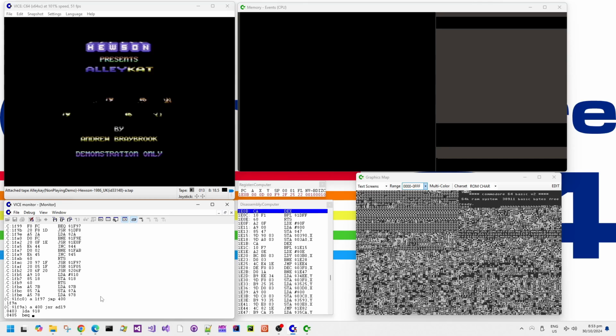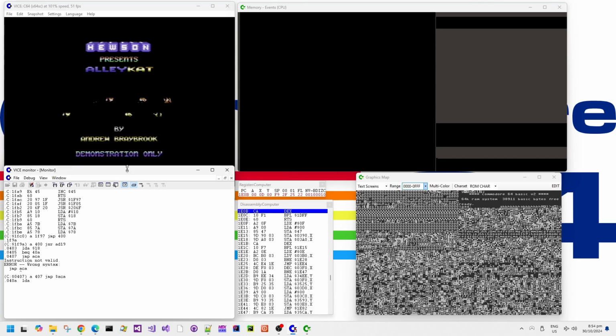So I want to branch on equal to over the following jump. The following jump is going to be jumping to ACA. Whoops, the syntax is wrong. I need to put a dollar in front of ACA. There we go. And then the memory location after that is 40A, which is where the branch on equal gets to. And then the branch on equal will continue to re-implement the code in that common